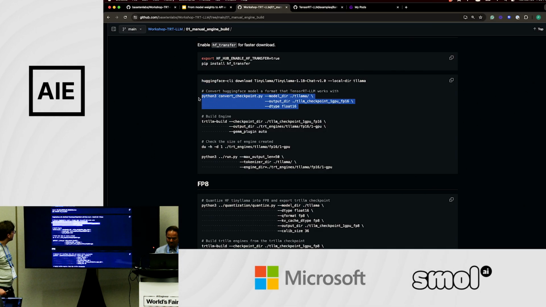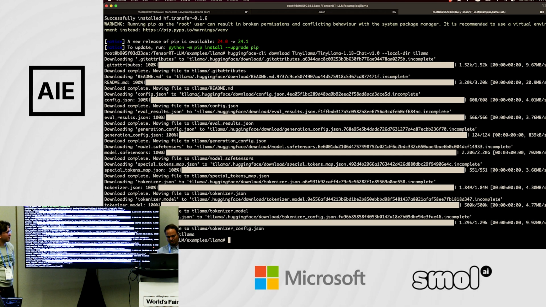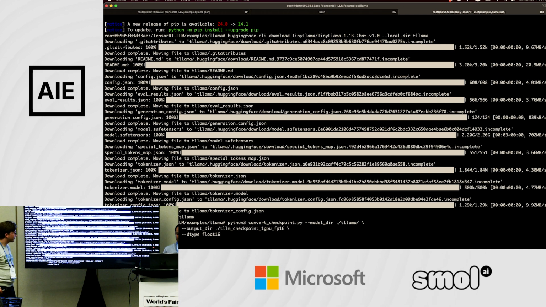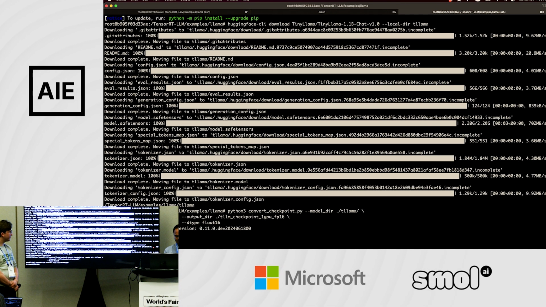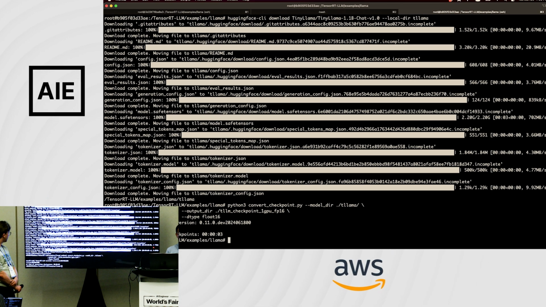Now the first thing to build with TensorRT-LLM is that we have to convert the Hugging Face checkpoint into a checkpoint format that TensorRT-LLM works with. And checkpointing also covers tensor parallelism and quantization. Sometimes you need a different kind of checkpoint for doing those things. So I'm going to run this command to convert the checkpoint. And this should be pretty fast. It's just converting weights to weights. It's pretty fast, like 3 seconds.